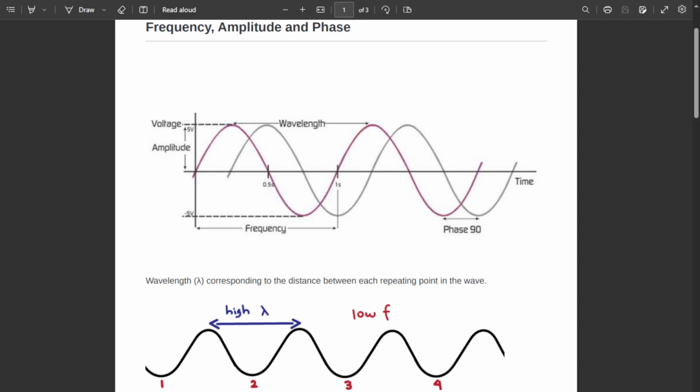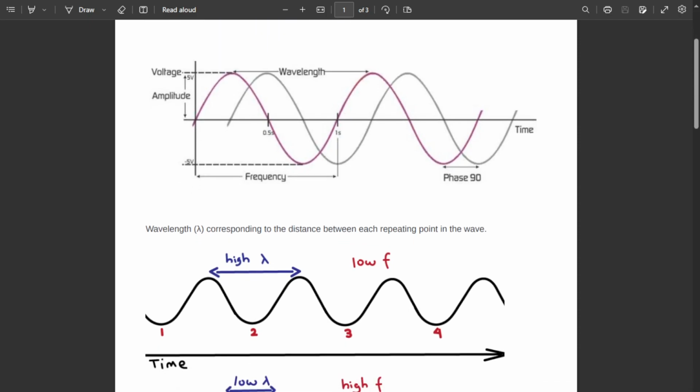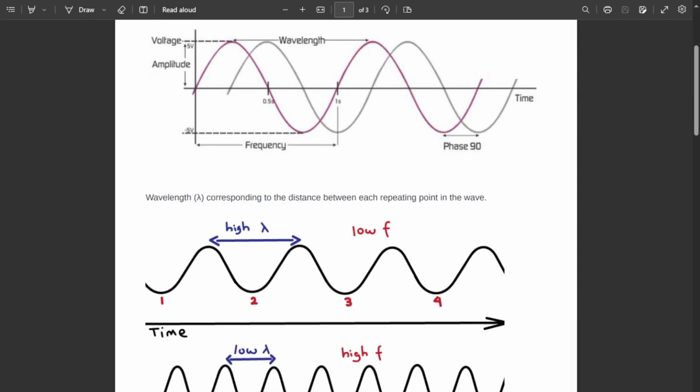now let's see the frequency, but before we start the frequency, let's see the symbol of the wavelength, which is lambda. As you can see here, this is the upside down letter y, right? So this is called the lambda and this is the symbol of the wavelength. So as you can see here, the wavelength corresponds to the distance between each repeating point in the wave. Each repeating point, either on a positive cycle or in a negative cycle, is considered by the peak to peak